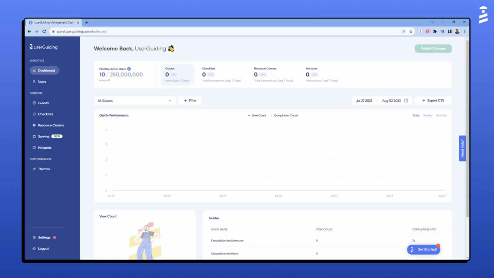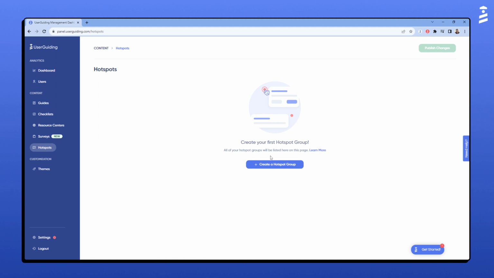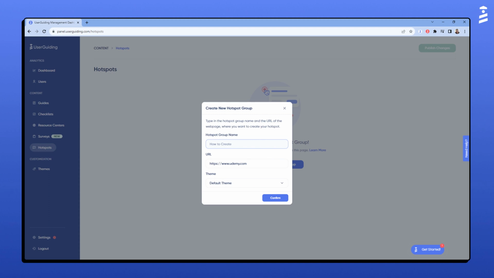First, I go to the Hotspots tab in my UserGuiding panel. Here, clicking on the Create a Hotspot group will open a pop-up window. Hotspots placed on a specific page are held as groups, so we need to configure the hotspot group before creating our individual hotspot. Let's name our hotspot group,